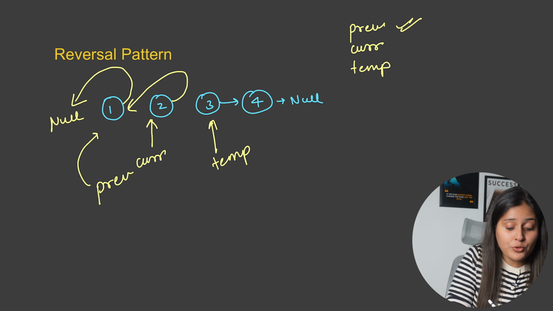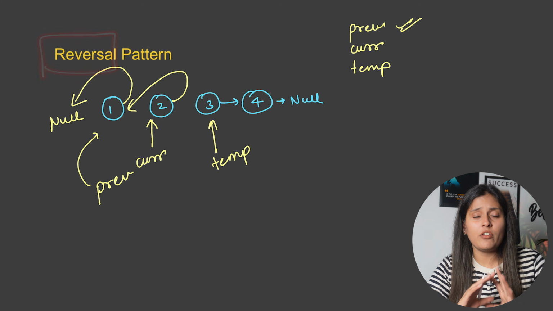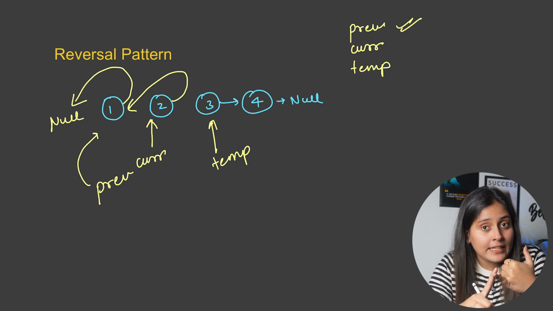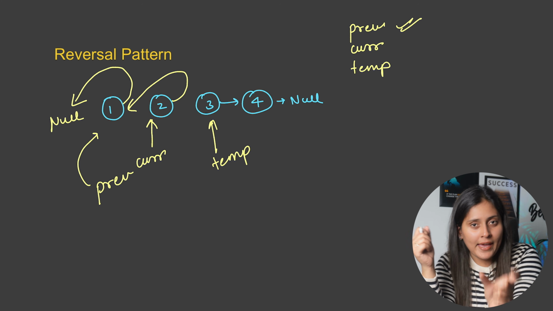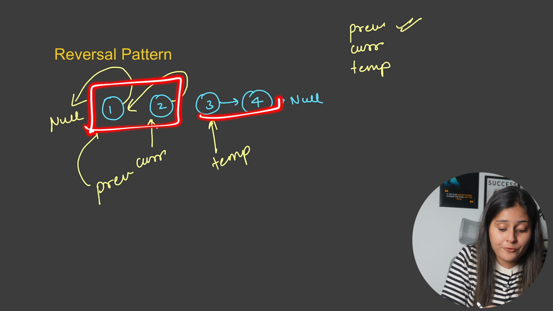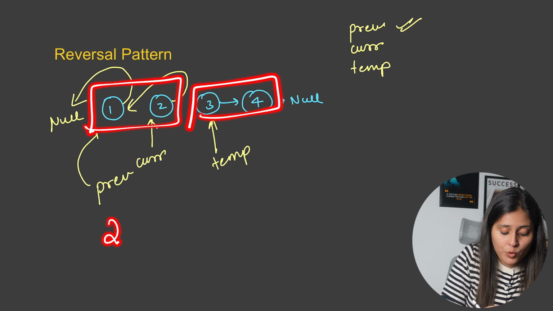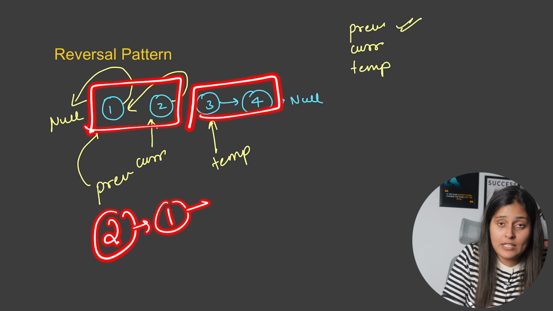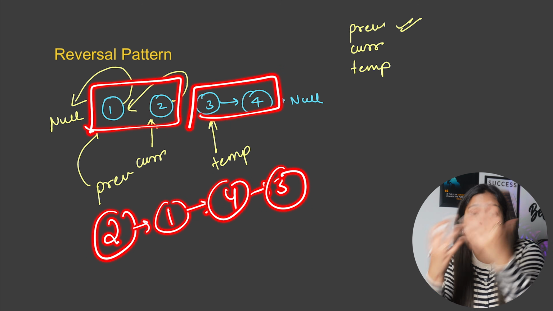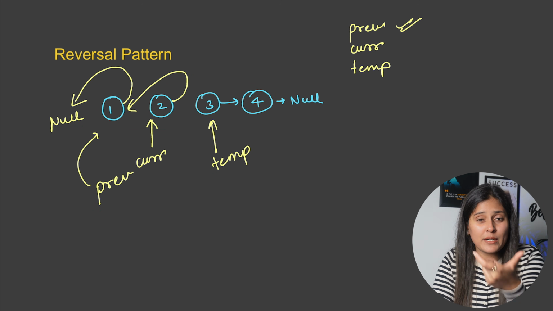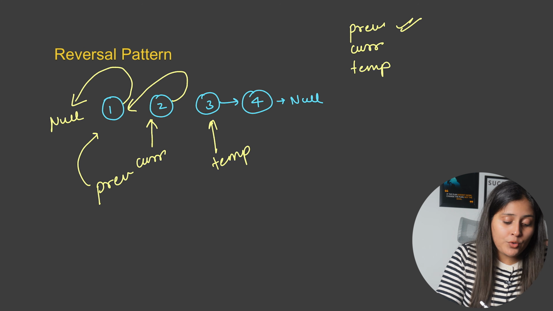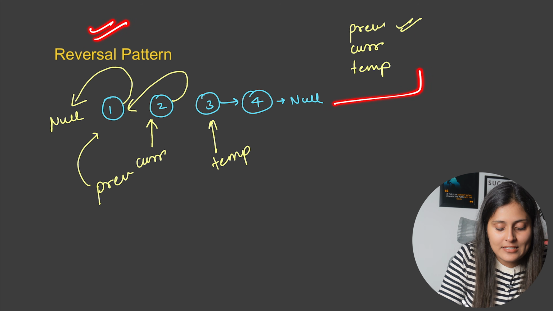And if you know how to reverse any linked list, you can solve multiple questions which are mostly asked in interviews, like reverse a linked list, reverse linked list in pairs, 2 pairs. So basically 1 and 2 you have to reverse, then 3 and 4 you have to reverse. So 1 and 2 will look like 2 1, then 3 4 will look like 4 3, etc. Another most important question is reverse linked list in k groups, and all these you can solve only when you know how to reverse a linked list with these 3 pointers.